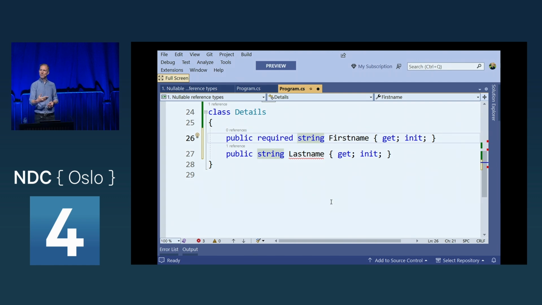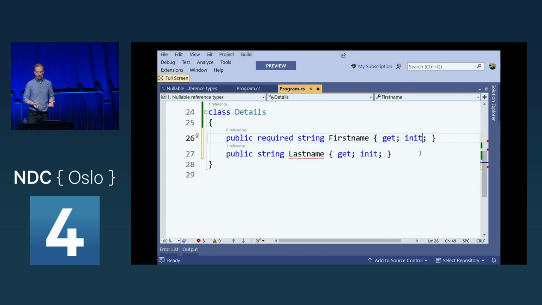If you're trying to create an instance of this class without setting this first name in the collection initializer, it's going to tell you that you have a problem. So if we require this here, you might have also spotted another keyword here called init only. This is from C# 9, where you can initialize this, but only do it once. After that, this is going to be immutable. So we require to set this, but then you cannot change it. I could set it to set, and then it's no longer immutable, but that's not a good idea.